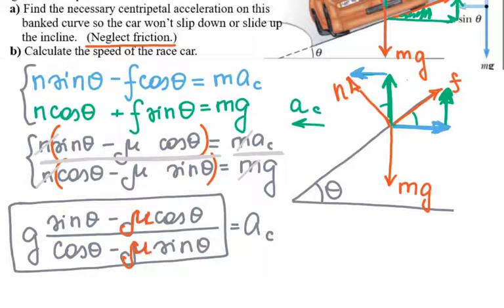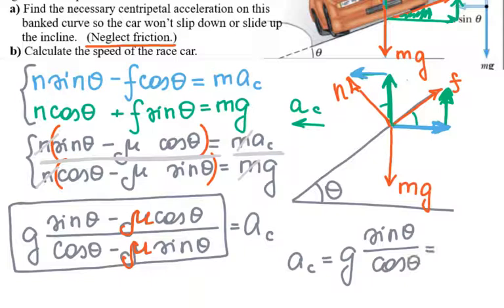If you have a problem where they say don't ignore the friction, then this is the formula you would have to derive and use. But because we have a frictionless surface and the car stays on track only due to the incline, my centripetal acceleration is equal to g sine theta over cosine theta, or tangent theta, the same as g tangent theta,